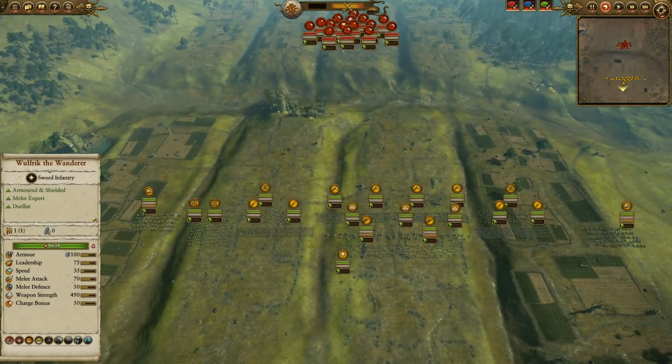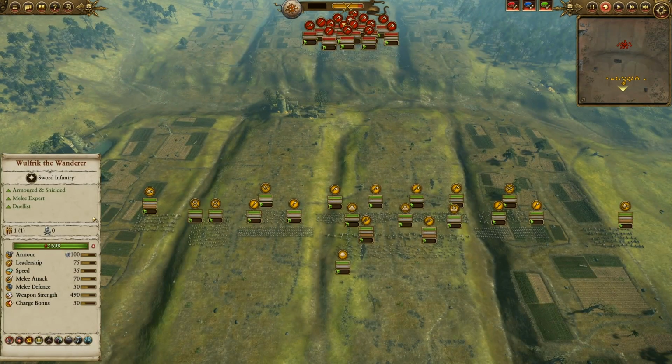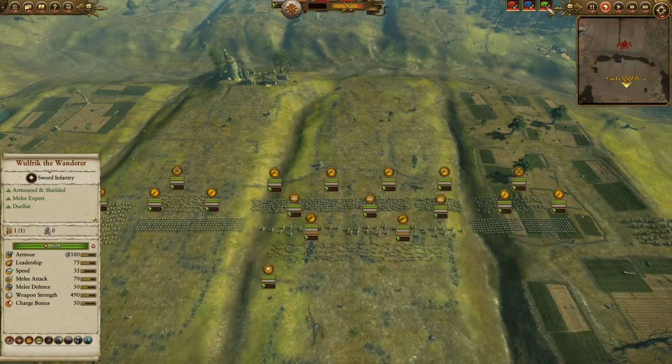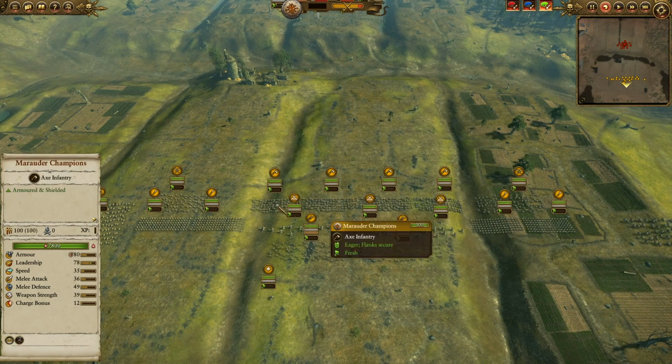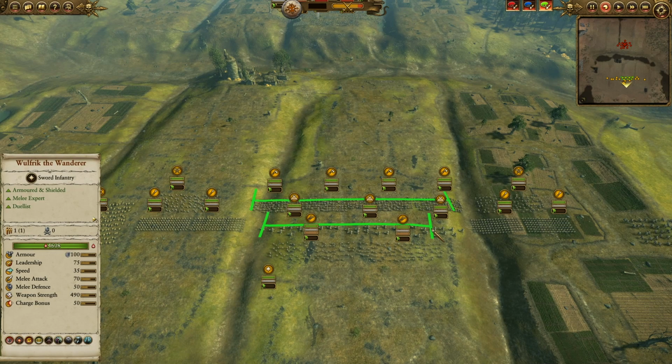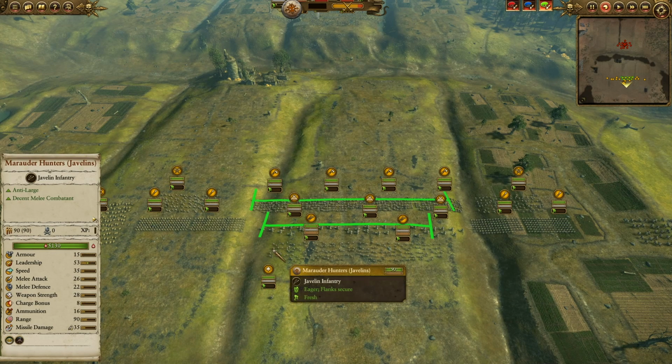Alright, after that rather rousing speech, let's take a look at what Wulfrik has brought to bear. So let's start with my central position here. I do have a front line of Marauder champions, 4 units right across the front. Right behind them, I do have these Fimir warriors with great weapons, and behind them, I've got the Marauder hunters